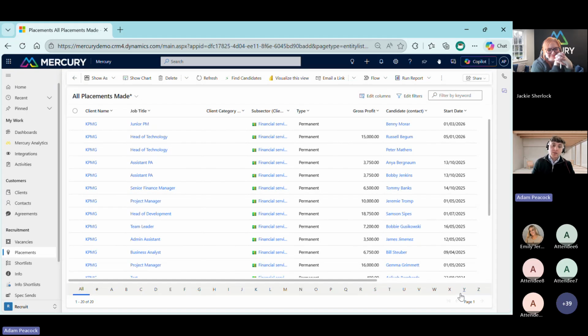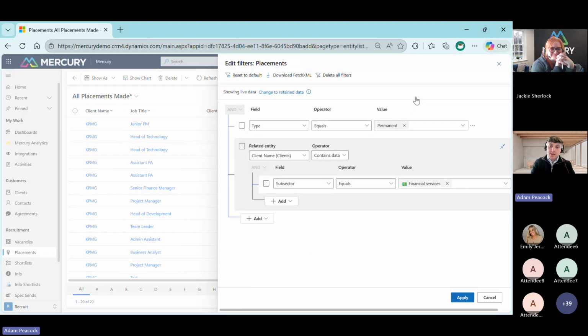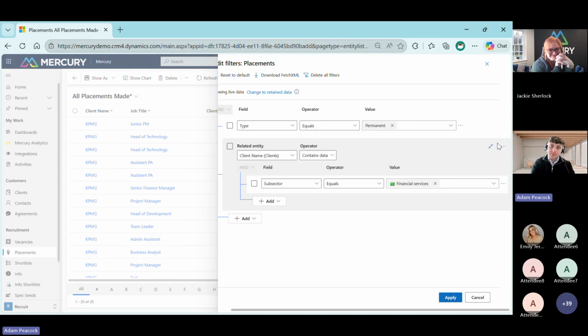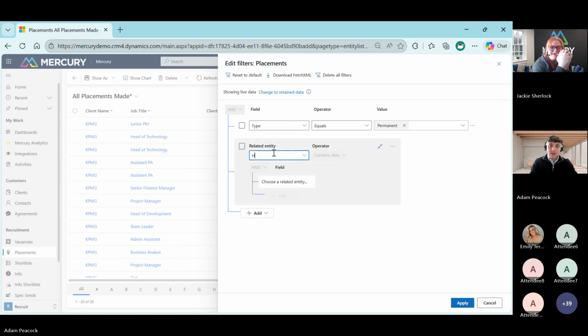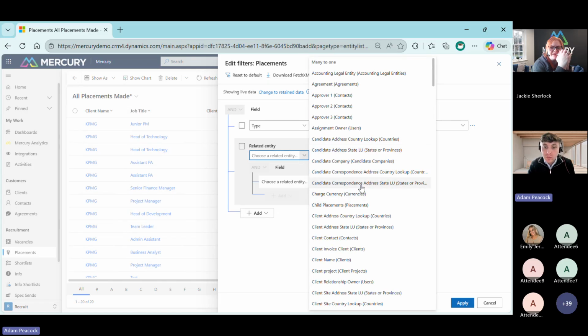Doesn't matter on the job title, doesn't matter on the client. I think in our system, the majority of these are going to be with KPMG, just because it's a demo system, but for you guys, you'll have more. But if you want to get really in depth with it, you can do related fields inside related fields. An example of that would be if I wanted to do related hiring managers from that placement, which will be,